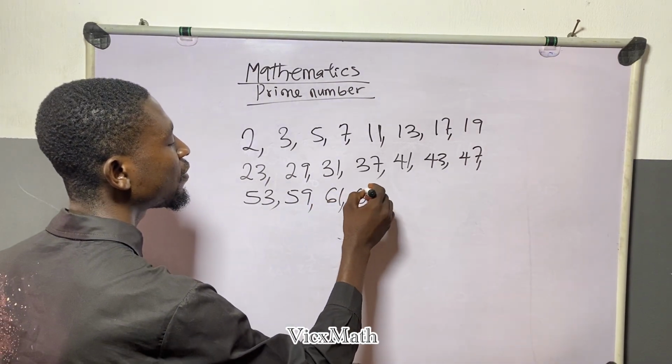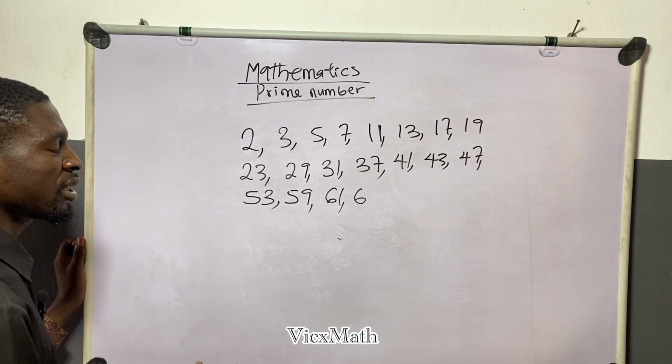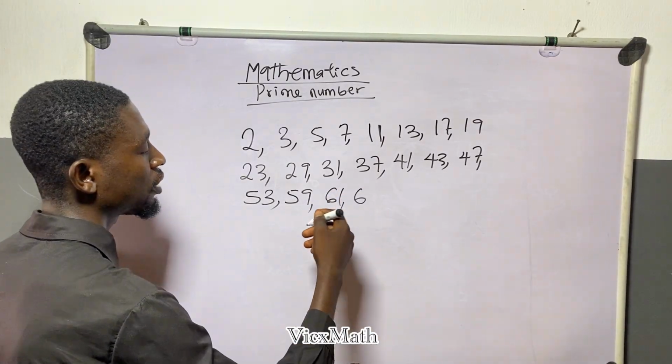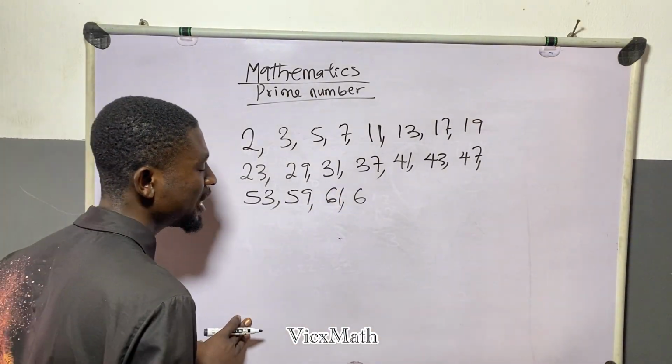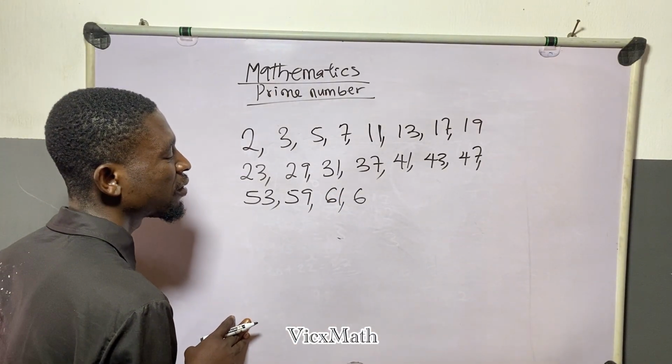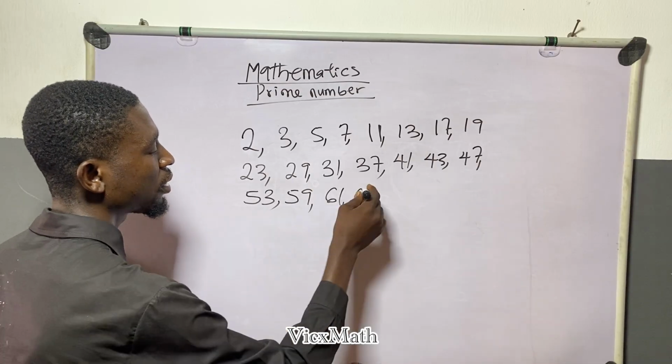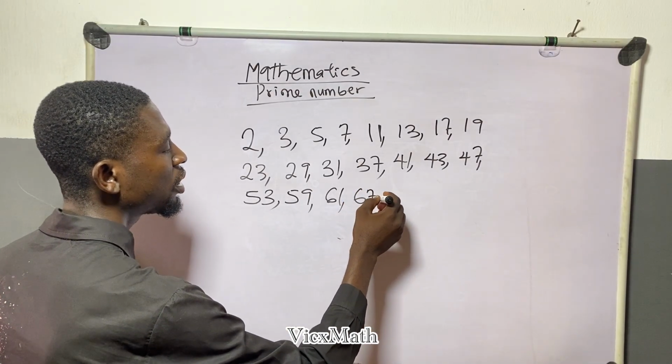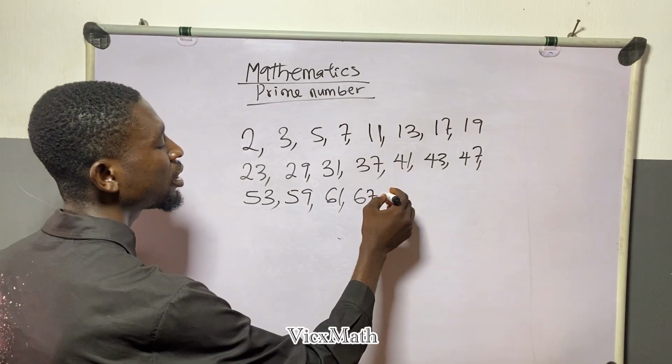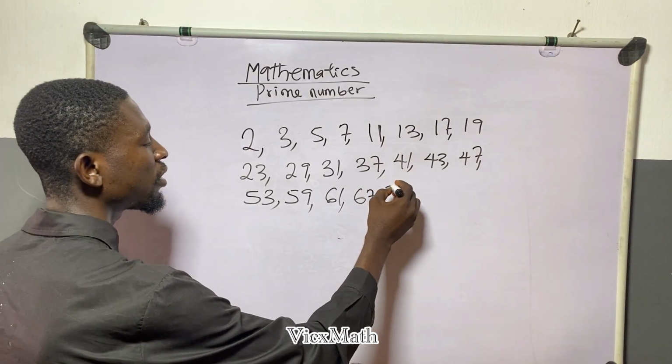The next one is 60. 63 cannot be there because 3 can divide 63, and 21 can divide 63. So the next one is 61, 67. 67, 69 cannot be there. 3 can divide 69. So I'll go with 71,